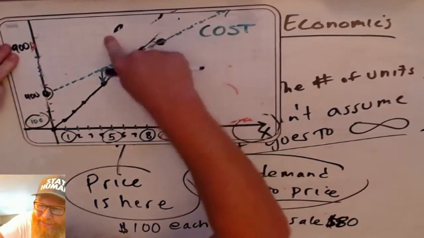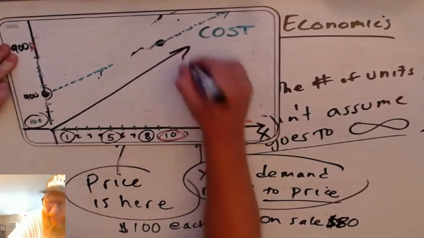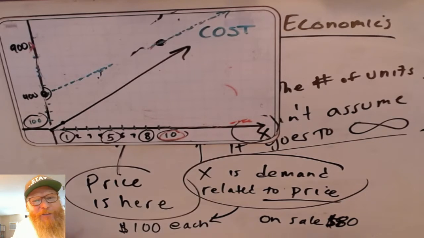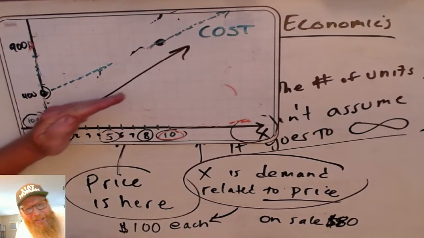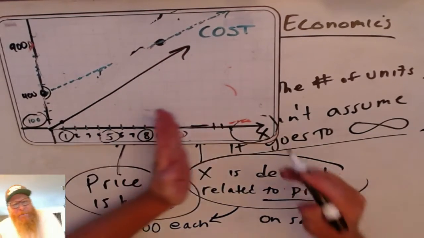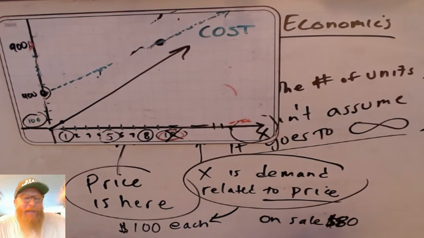And what would happen is revenue would go like this now. I'm not being very precise, but it's going to be $80 instead of $100. So this first dot will be a little bit lower than $100, and then each subsequent dot will be a little bit lower. And then what happens to my break-even point? My break-even point moves. Now I have to sell more than 10, and oh God,